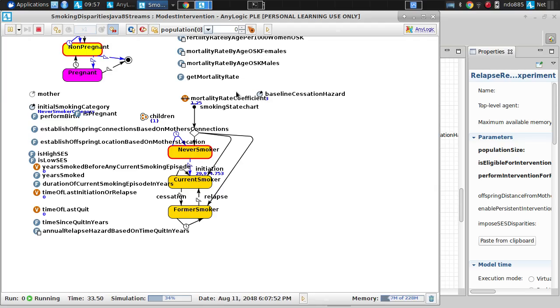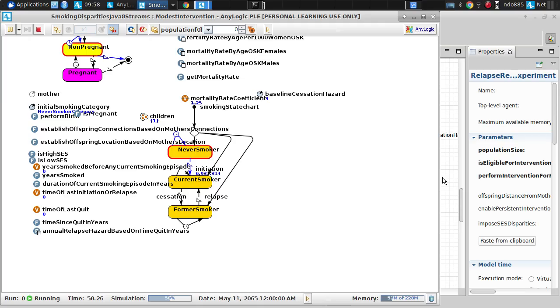Among other things, if fewer people relapse back to become current smokers, there may be fewer children that are exposed in utero. Maybe that woman who's a former smoker and is avoiding relapse is a pregnant mom. And maybe you've avoided a whole new generation being exposed in utero to tobacco that otherwise would have been, to nicotine in utero. Alternatively, though, there's also a depiction here, you may recall, in terms of likelihood of initiation,